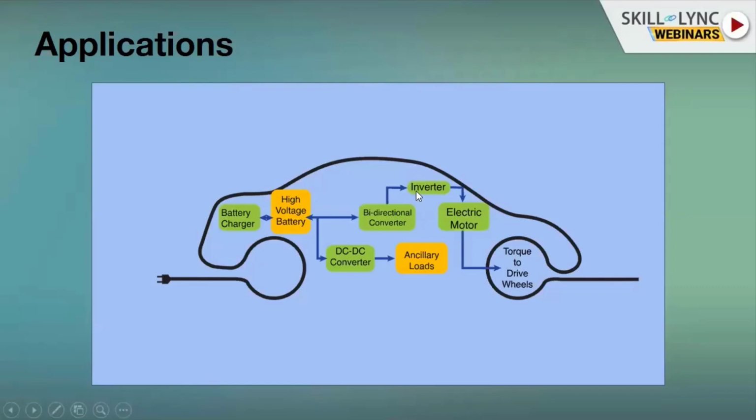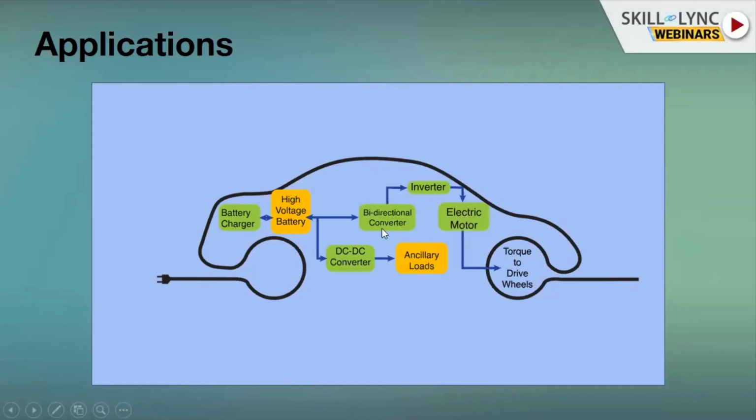To get this particular level of voltage for the inverter, we have a bidirectional converter. This could be a DC-DC converter. So this voltage, which is 48 volts, can be boosted to 72 volts. So the bidirectional converter is going to be a DC-DC converter, which boosts it up to 72 volts. And this 72 volts would be the input for the inverter, which converts it into AC and propels your motor, which acts as an input to the motor and propels it further.